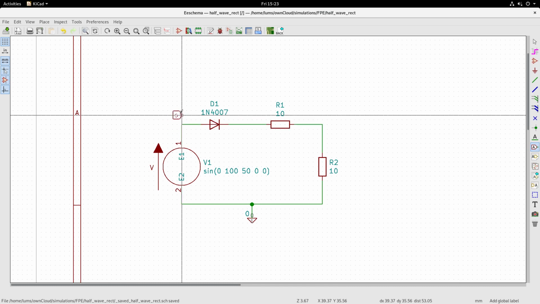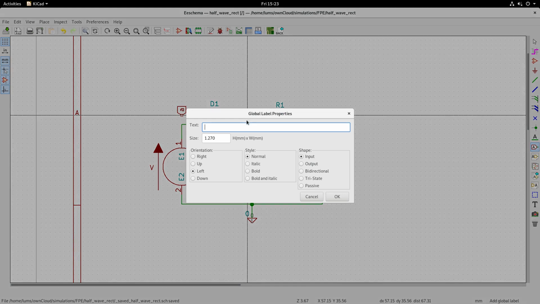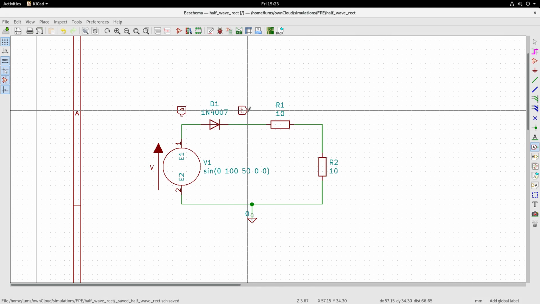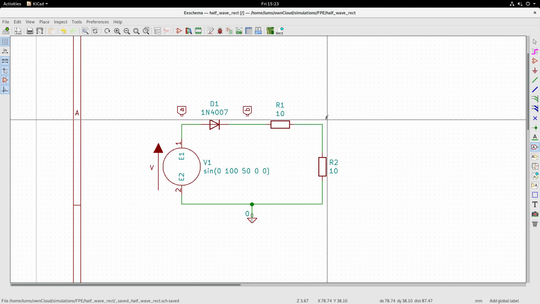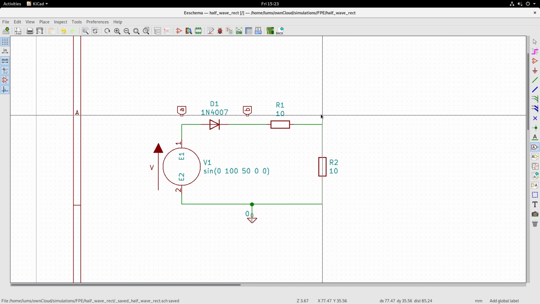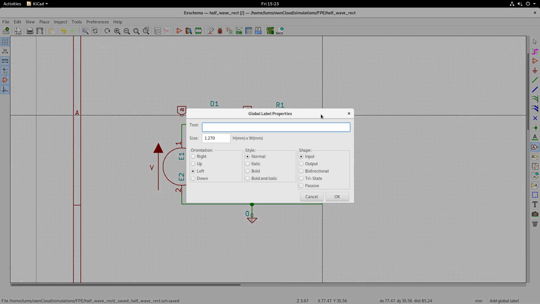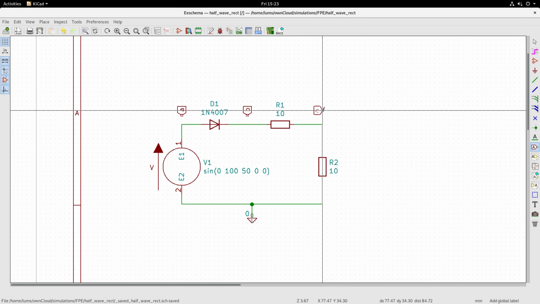Let me right click, rotate clockwise and place it here. I will place one more here. I'll call that B, and right click, rotate clockwise and place it here. Let me place one more here. C, right click, rotate clockwise, and I will place it.